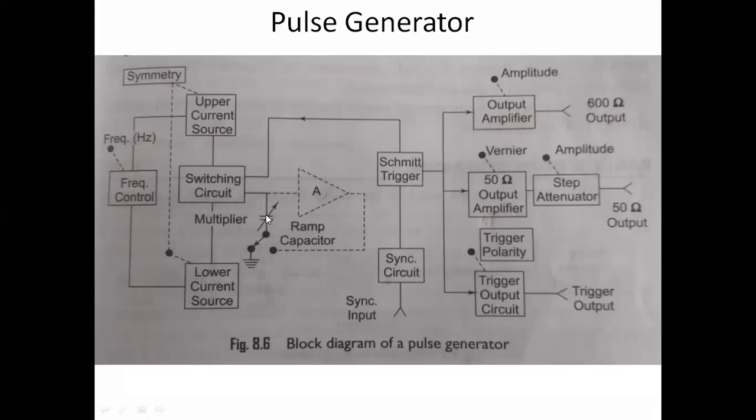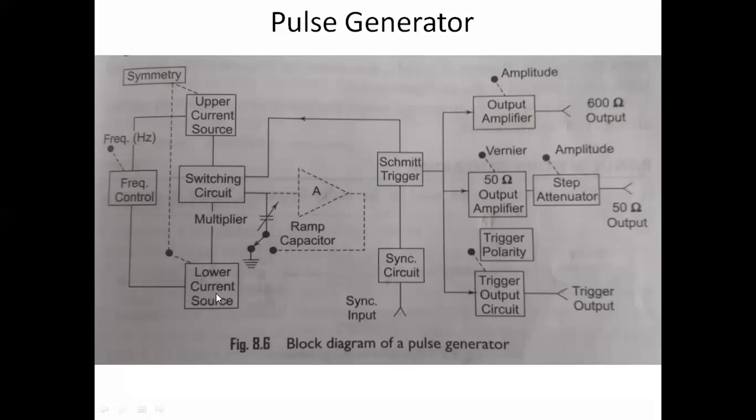Here we have one of the main components, which is the ramp capacitor. And another one is the Schmitt trigger. This Schmitt trigger produces the pulses to connect this ramp capacitor to the upper current source